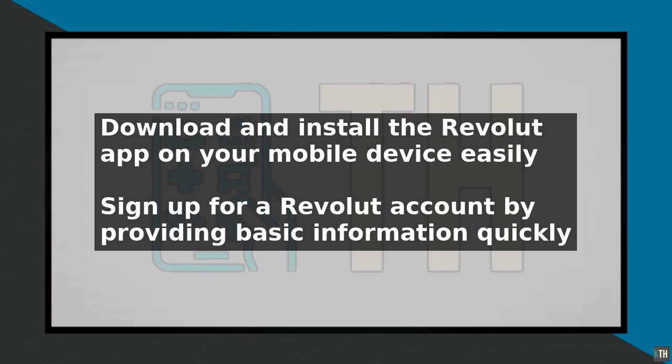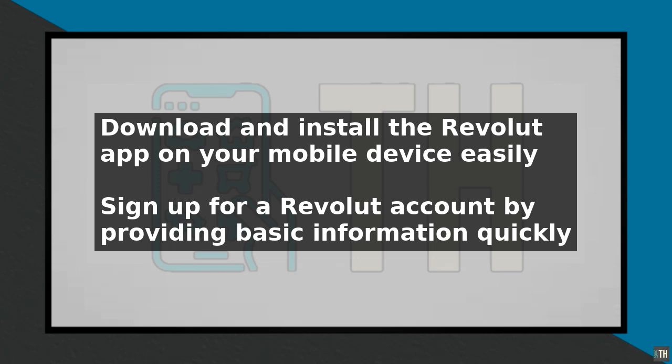Revolut is a digital banking app that allows you to manage your finances, send and receive money, and make payments online and in-store. To get started, you need to download and install the Revolut app on your mobile device. Once installed, sign up for a Revolut account by providing some basic information such as your name, email address, and